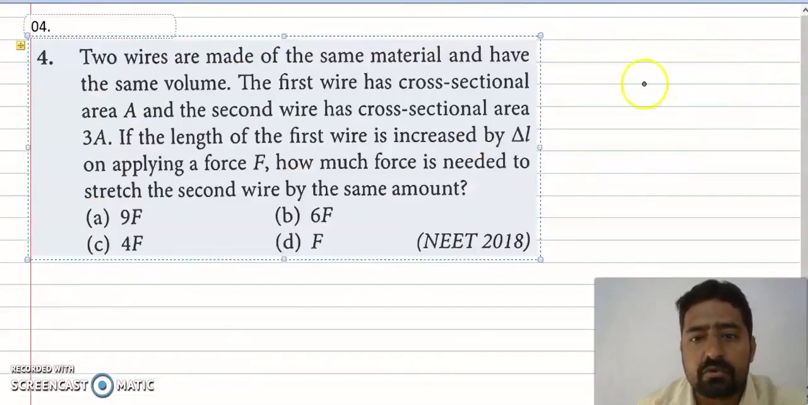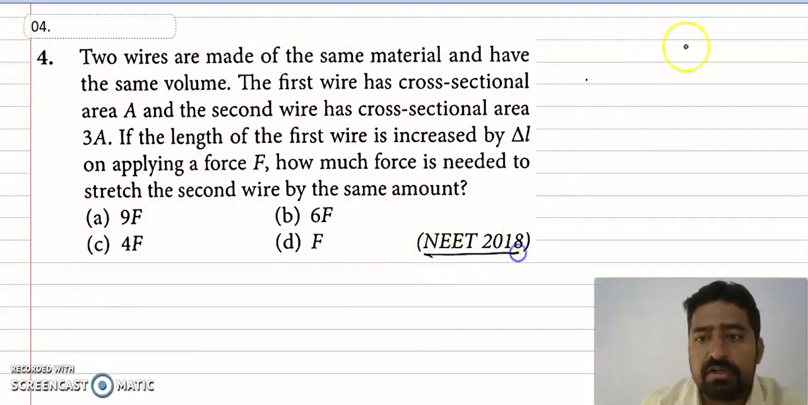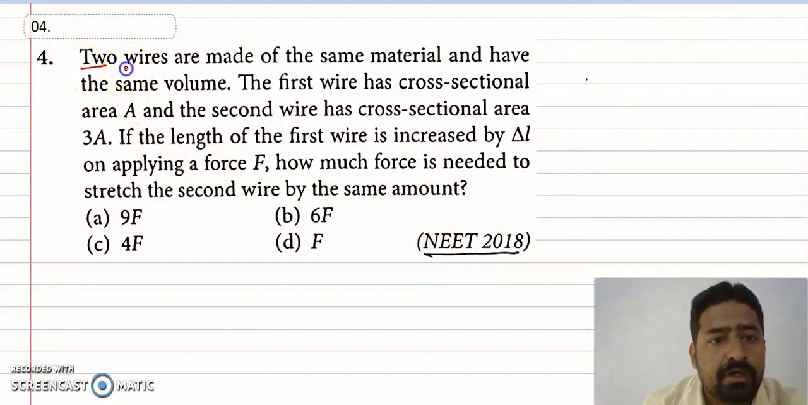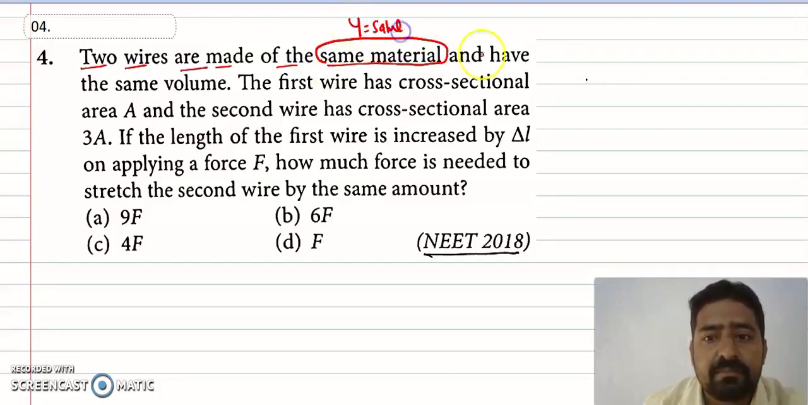So let's move to the fourth question. ನೋಡಿ 2018 ಅಲ್ಲಿ ಕೇಳಿರ್ತಕ್ಕಂತ ಪ್ರಾಬ್ಲಮ್ ಇದು. ನೋಡಿ ಈಗ 2 wires are made up of the same material. This is very important. Same material ಅಂದ್ರೆ ಯಂಗ್ಸ್ ಮಾಡ್ಯುಲಸ್ ಇಲ್ಲಿ ಸೇಮ್, and have the same volume ಕೂಡ ಸೇಮ್ ಇದೆ. The first wire, ನೋಡೋಣ ಈಗ first wire cross sectional area A is the cross sectional area